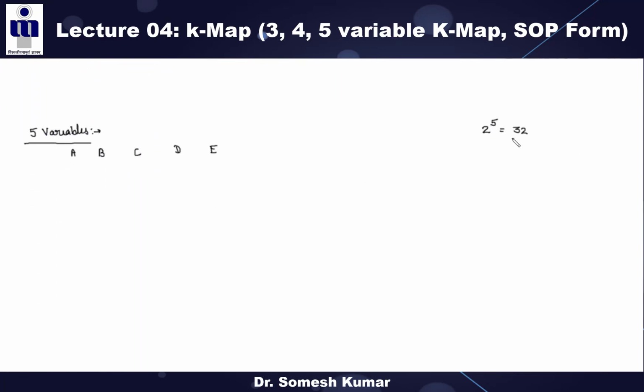16. So 16. So we have to use 2 K-maps of 16 cells, right? 2 K-maps of 16 cells each. In some books, one single K-map is given, but here for the simplicity, I am using 2 K-maps of 16 cells each, right? Means I will convert these 5 variables to the 4 variables. Clear? How I convert? See, these are your 5 variables.